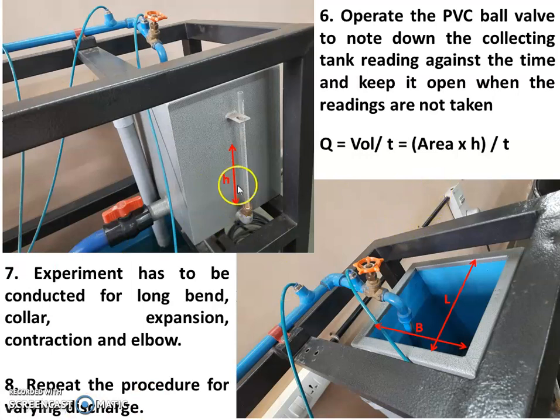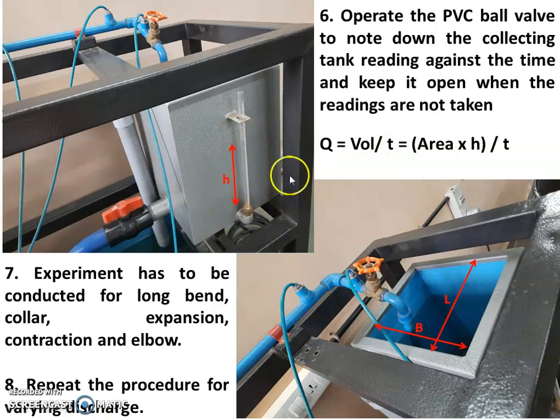In order to determine the height of water, we will start the stopwatch when water reaches a certain level and stop the watch when it attains the known height, maybe 10 centimeter, 15 or 20 centimeter. So, with this we will know B, L and H, with which we will be able to find the volume, and the time can be found by using the stopwatch.